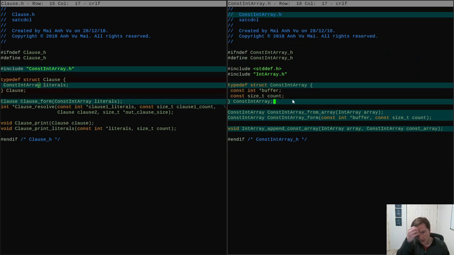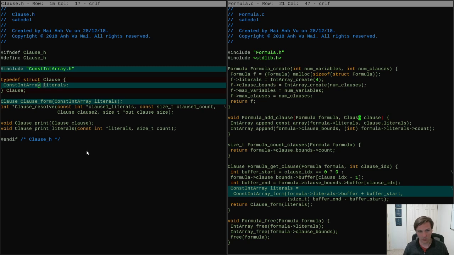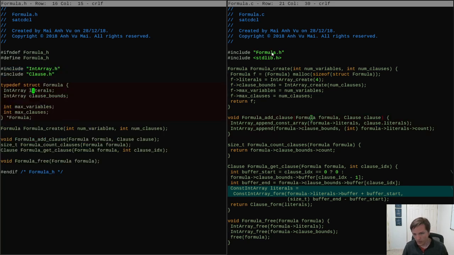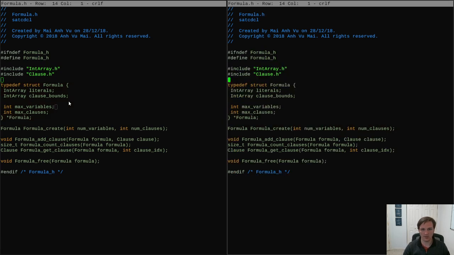So yeah. All right, okay. So that's good and all. The clause comes in, we have the literals, so we're pushing all of those on. We might be pushing like 5, for instance. So if I push 5 literals onto this array here, then we've grown the thing by 5. We take the length of the array at that point in time and put it on the clause bounds. So what we're ending up with in this data structure, I'm going to just start typing some notes